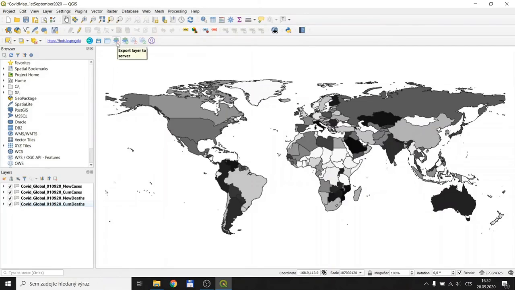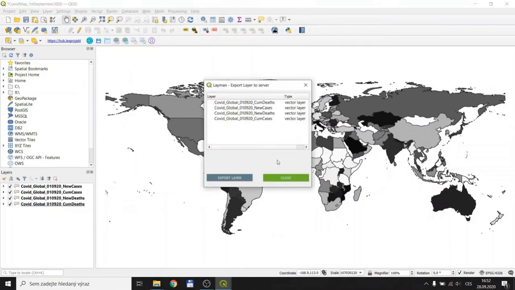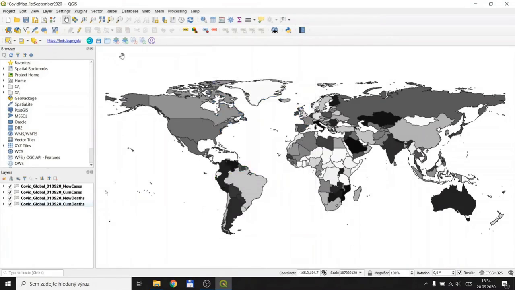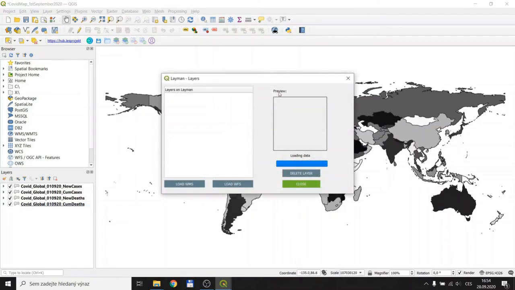So what can I do with Layer Manager, for example? I can export layer to the hub. As you can see, I have 4 layers available for uploading on the server. So I choose all of them to be exported on the server or a hub. Once I uploaded the layers, I can load the layers from the Layman as well.